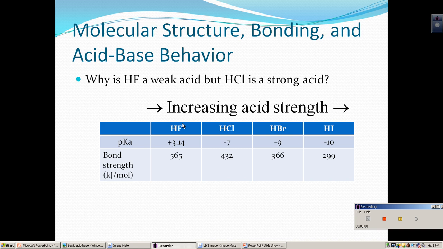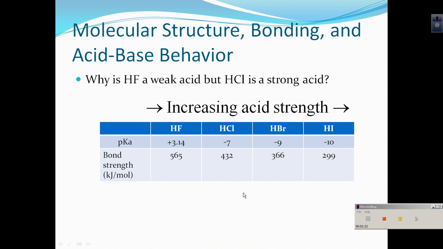That is not the case with HF. As you can see, we have the pKa. So if we wanted to find the Ka, we'd say 10 to the negative pKa. That's going to be a very small value. This is going to be 10 to the negative 7, 10 to the negative 9, 10 to the negative 10, where here we've got 10 to the negative 3.14. So this is still going to have a Ka value less than 1, making it a weak